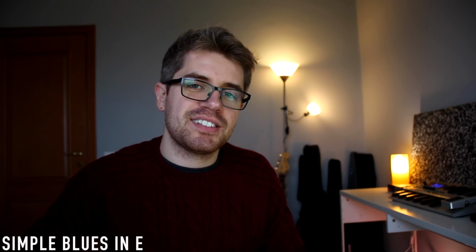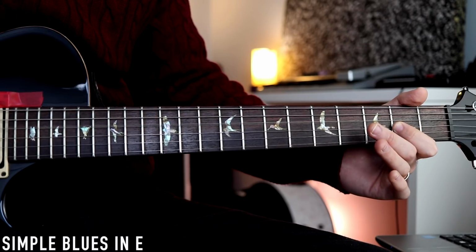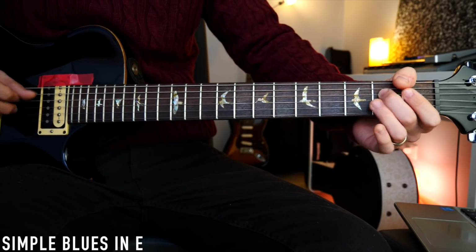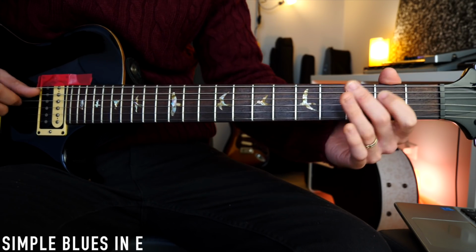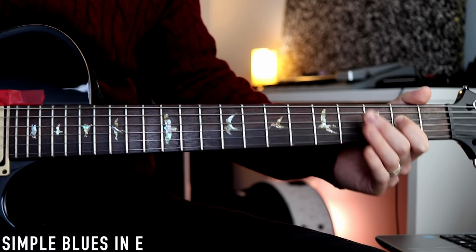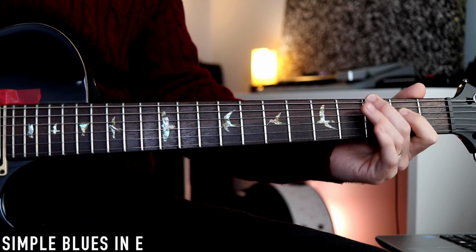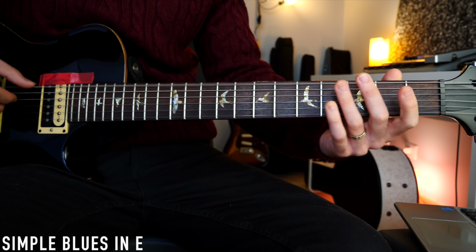And then I have this phrase, just like with the minor pentatonic, and I finish with the E. So when I put the whole thing together, and then I play just kind of a complement, just on the low E string, and with the minor pentatonic played on the fret 5, G,